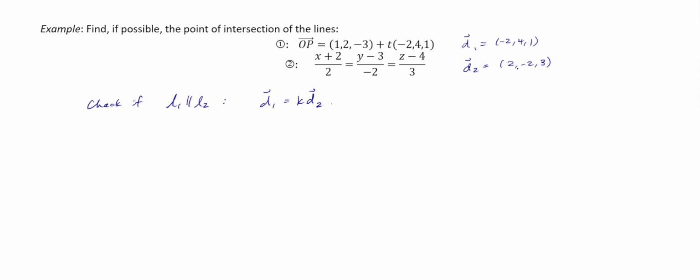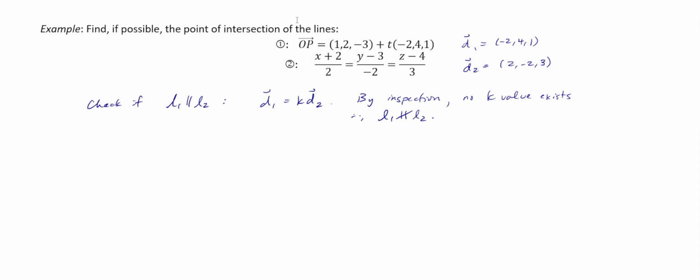So you need to look at this and just say, is there any scalar value that would allow D1 to equal k D2? And you can probably see that there isn't. So you can say, therefore, by inspection, no k value exists. So therefore, line 1 is not parallel to line 2. That's the notation we might want to use here just to show that we're checking to see if the lines are parallel. We can see that they're not based on the direction vectors,